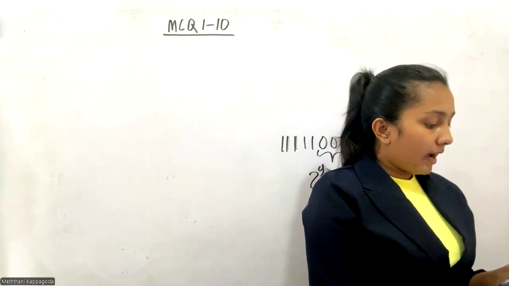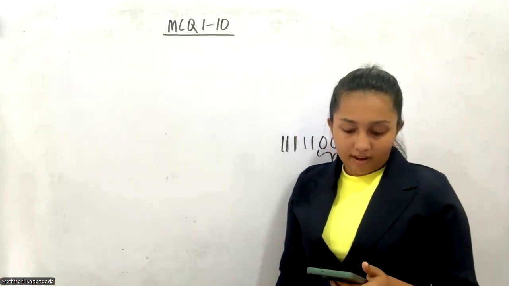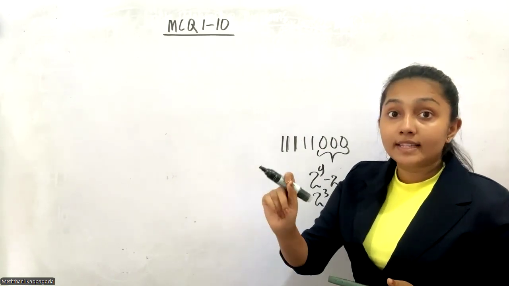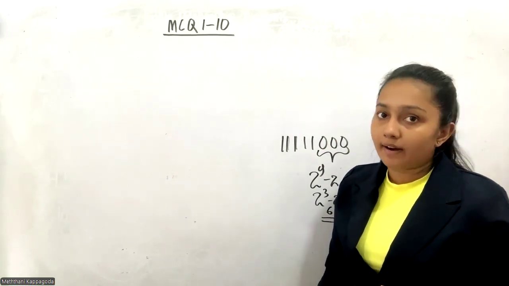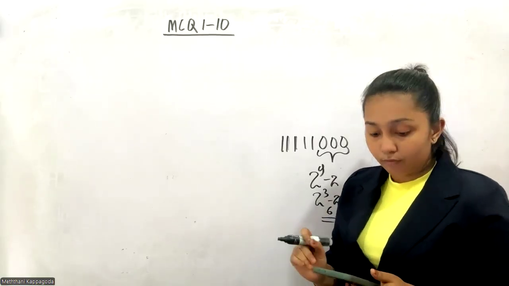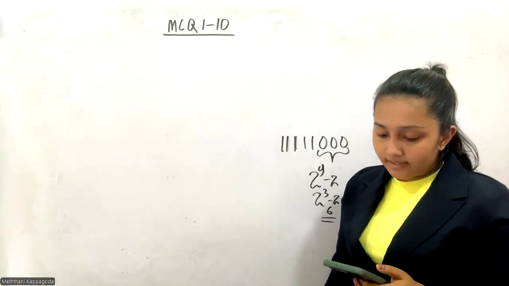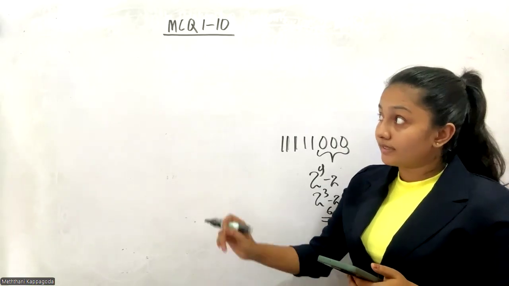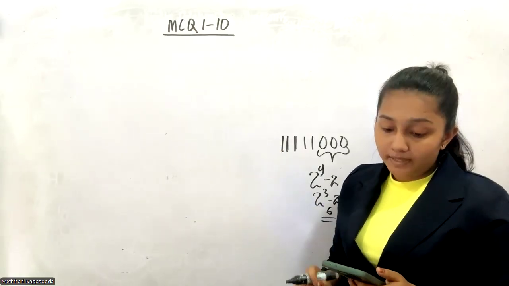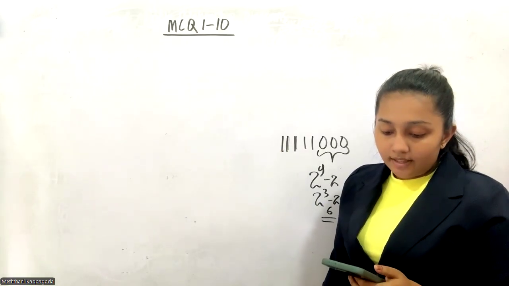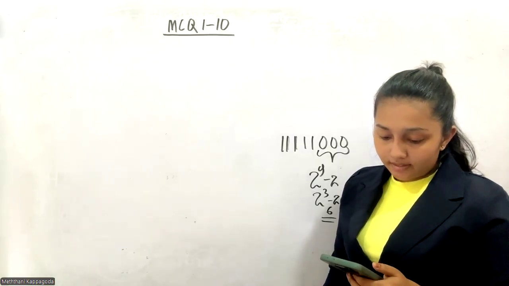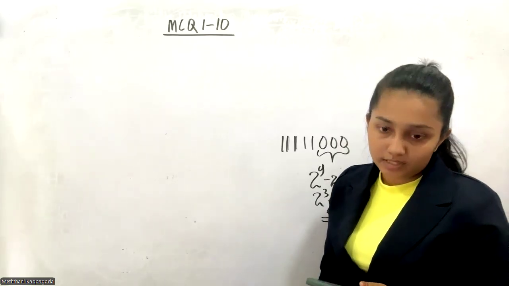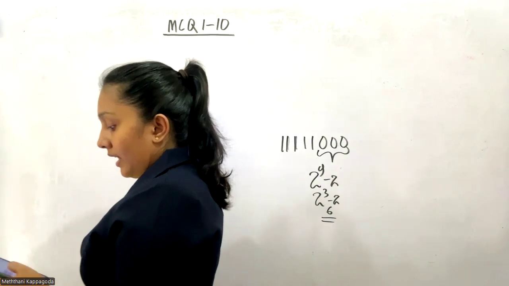Which of the following is a valid subnet mask? Lamai, first one is valid. Then second one is invalid. You know in a subnet mask, 1 and 0 cannot be mixed. Right? 1 and 0 cannot be mixed in a subnet mask. Therefore, the second one is incorrect. Third one is also incorrect, lamai, because in the third one also 1 and 0 are mixed. Then fourth one is also incorrect. Then fifth one is also incorrect. You are asking the valid one. Therefore, answer should be the first one for question number 9.